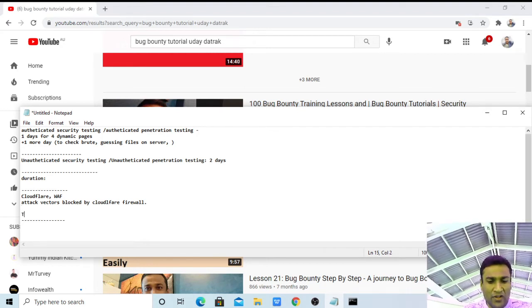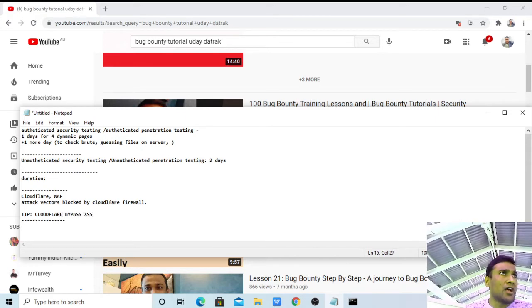So for that, a tip for you is to search in Google for Cloudflare bypass XSS, because no one will ask you in the interview how do you check for XSS, because most of the applications nowadays are protected by firewalls like Cloudflare. So search in Google for Cloudflare bypass XSS payloads, and then check for that.